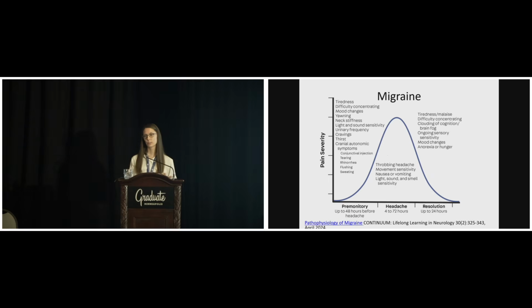This is a chart of what a typical migraine attack is like. So you can see that migraine is more than just the headache or the pain part. This starts with a premonitory or prodrome phase, where many people will describe being fatigued, yawning more, having trouble concentrating. Sometimes they'll have autonomic symptoms, like redness or tearing of one eye, things like that. That can come on with other types of headache as well, which we'll talk about. The headache part itself lasts between 4 and 72 hours. And then afterward, people get this hungover feeling where they're drained and tired the next day. So this whole thing can last a day, 2 days, 3 days, depending on the case. So that's a migraine attack.